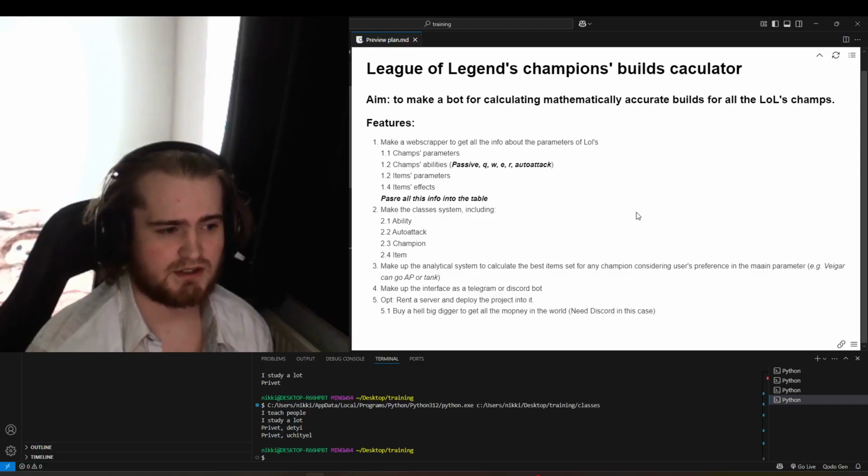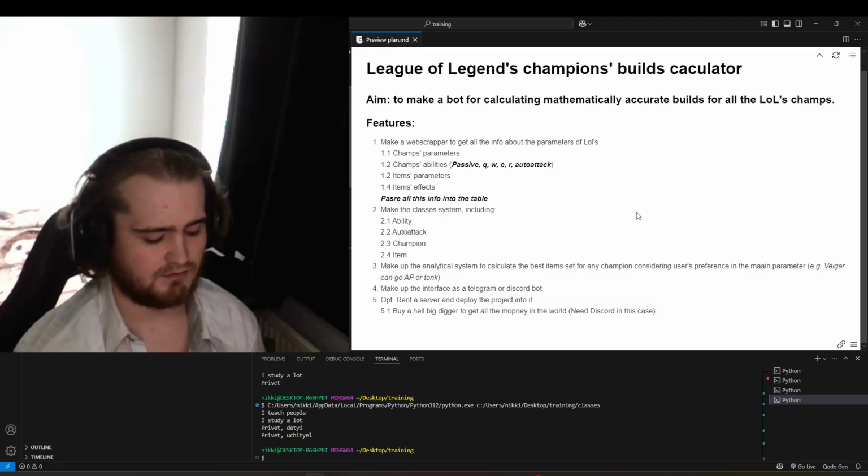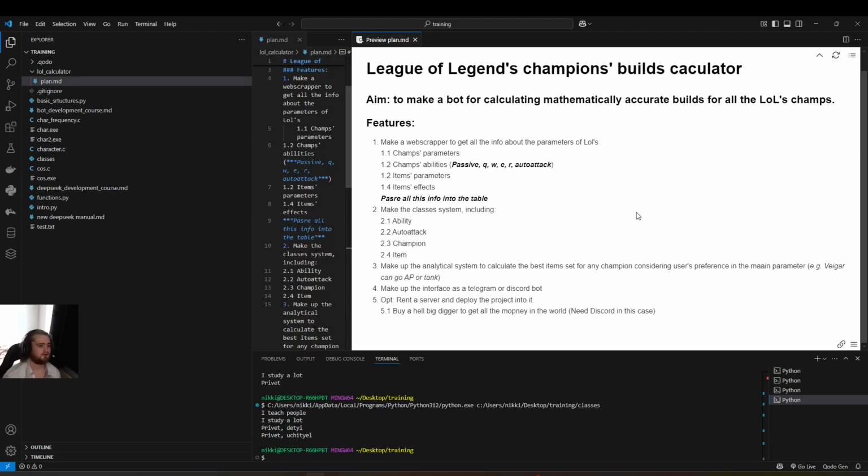Of course, this issue is pretty massive, so we need to split it into some smaller parts. So, first of all, we need to gain the information about champ's parameters, champ's abilities, which are going to be passive, Q, W, E, R, and auto attack.